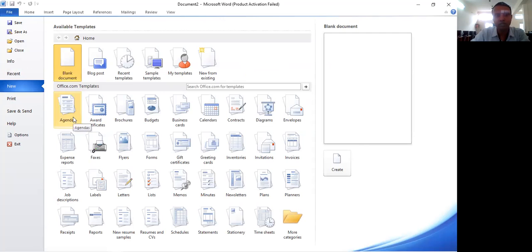If you want some agendas, certificates, vouchers, a budget, business cards, planning through calendars, contracts, diagrams or envelopes, inventories, animation, etc., as per your requirement, you have to select these forms or this blank document.